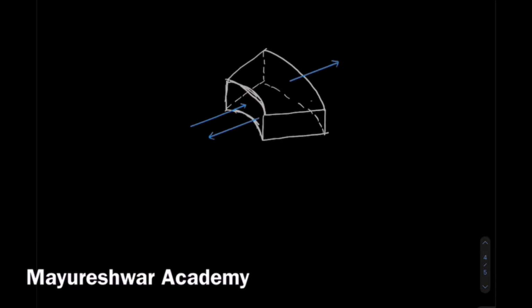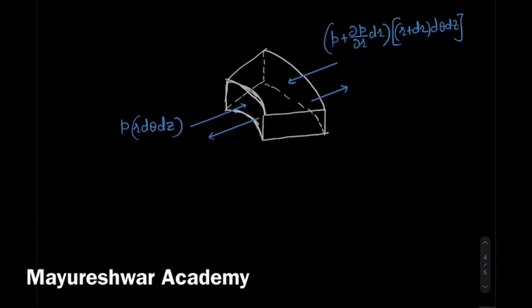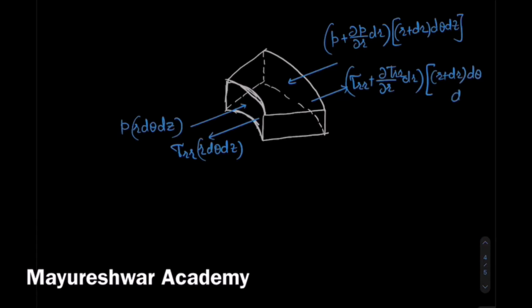So this is pressure component, this is normal stress component, then this is also pressure component and a normal stress component along r directions. So let us write them down. So P times area of that face, which is r d theta dz. Similarly over there, from Taylor's series definition, ignoring higher order terms, this is the pressure term multiplied by area component, which is r plus dr d theta. Similarly for tau rr, r d theta dz, and similarly normal stress along r direction differentiated as per Taylor's definition multiplied by area of that face, r plus dr d theta dz.